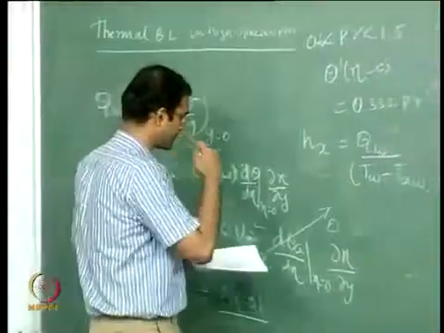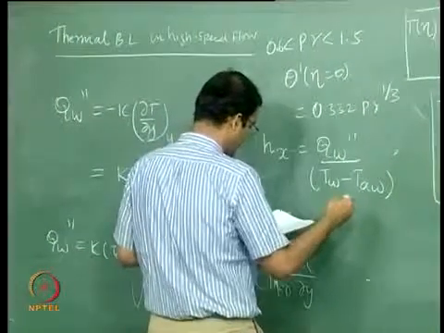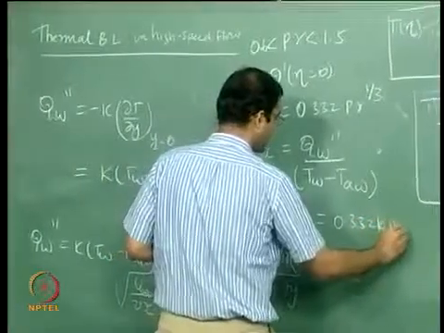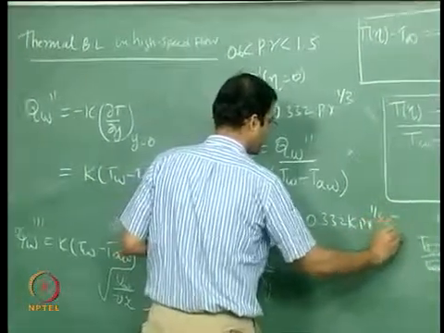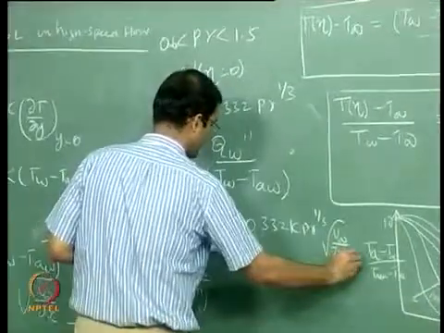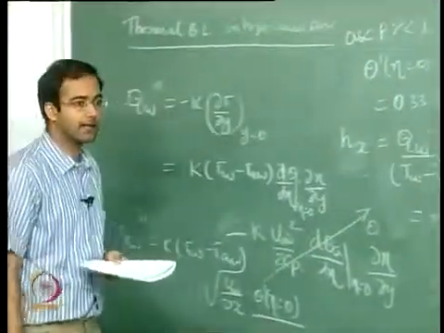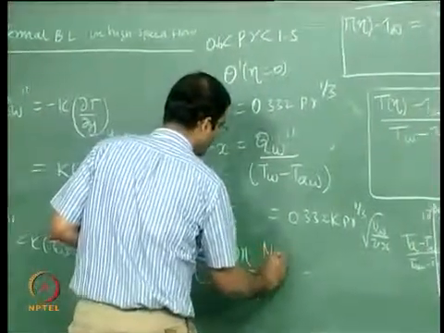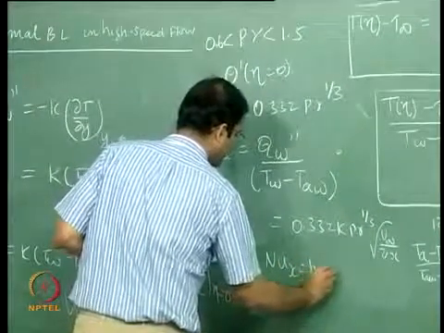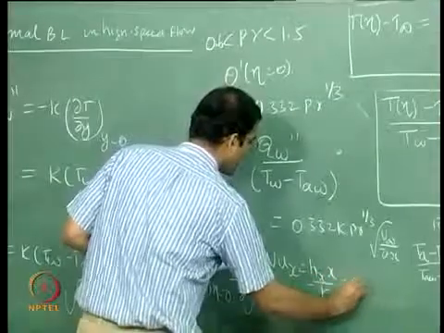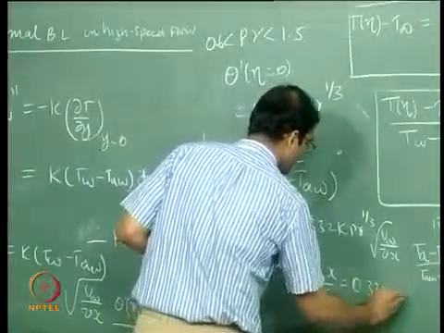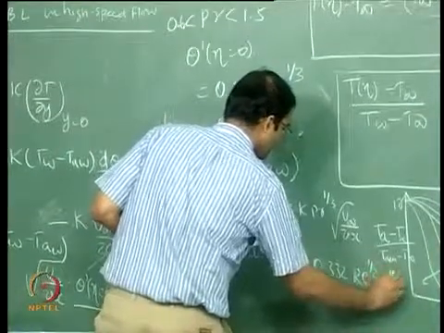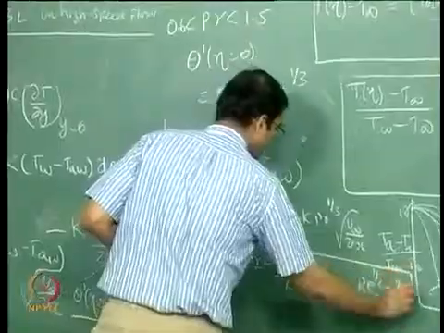So in that case, this will come out to be 0.332 k Prandtl number 1 by 3 square root of U infinity by nu x. This will exactly cancel the temperature differences, and therefore my local Nusselt number, which I can define as Hx by k, will be 0.332 into Reynolds number power half Prandtl number 1 by 3. Okay. So now you see